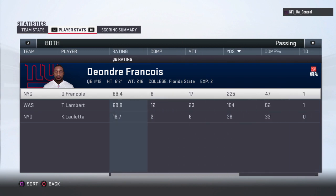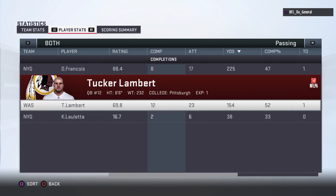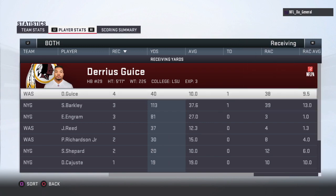So for the Redskins, their strong start to the year continues as they're up to 5-1. And they'll get a few extra